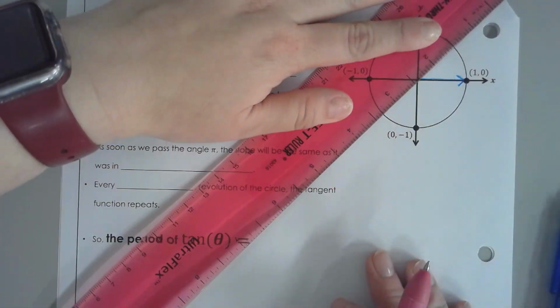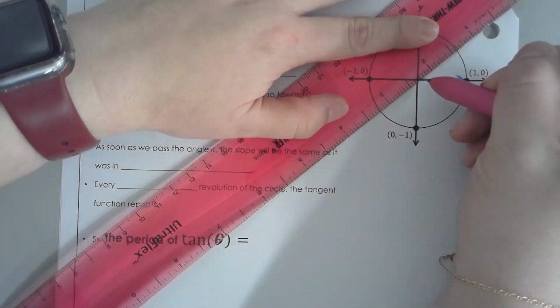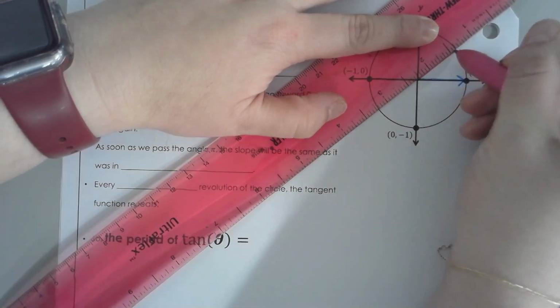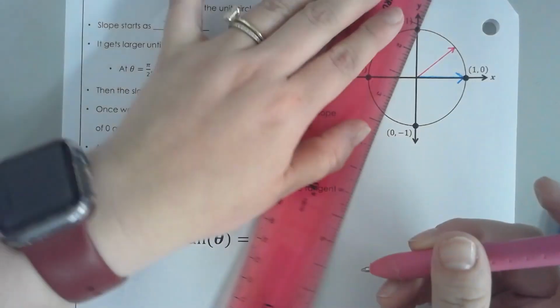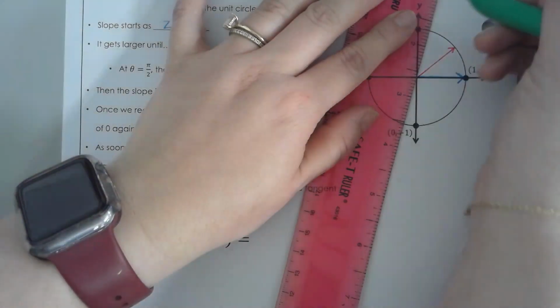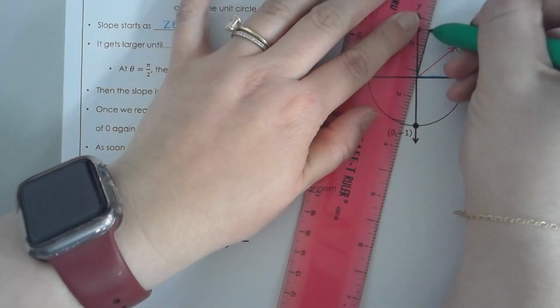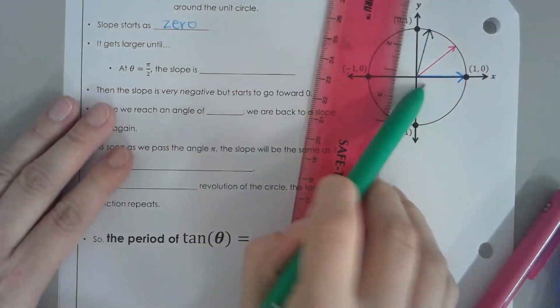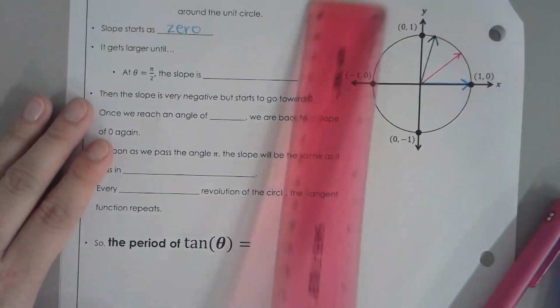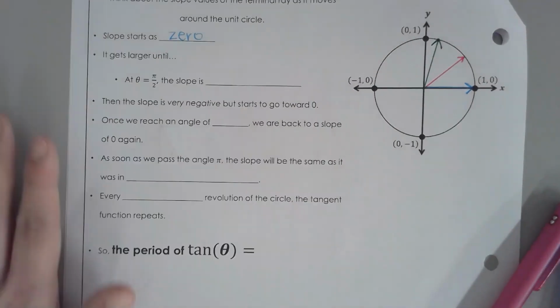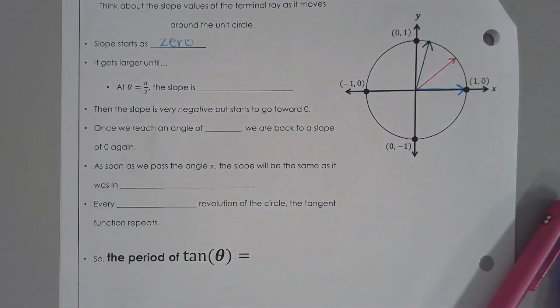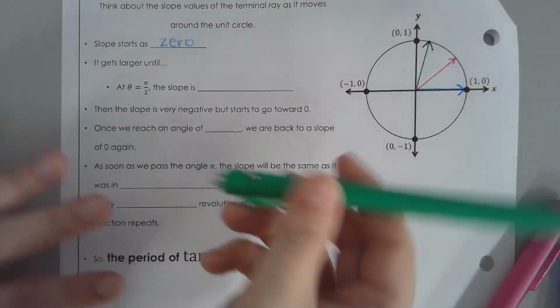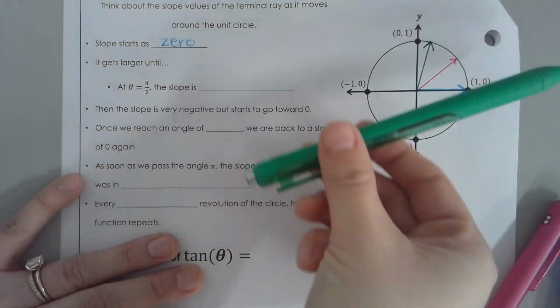So as I go up the circle, what's happening to the slope of this line as I go around the circle? It's getting bigger. It's increasing, right? The steeper your line in the positive direction, the bigger the slope is. So your slope starts at 0, and then it gets bigger